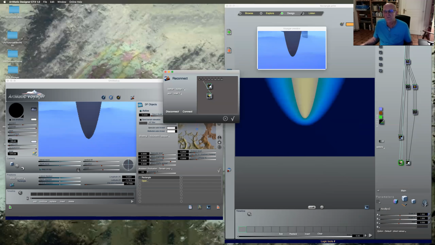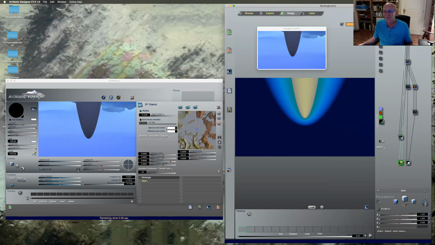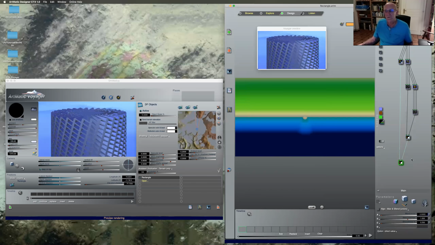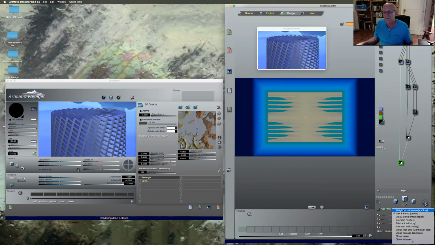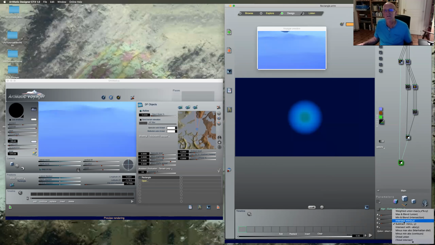Like this, we want 2-1 logic. We want to add outlet 1 into inlet 2. And we want to choose, no. How about intersect? No. How about,